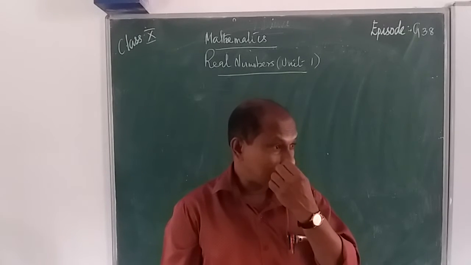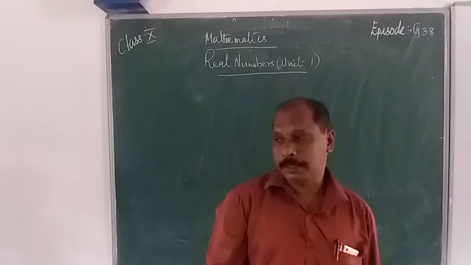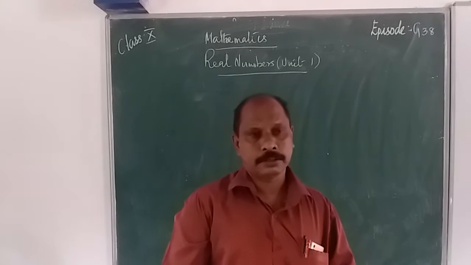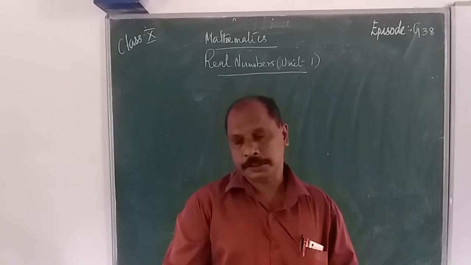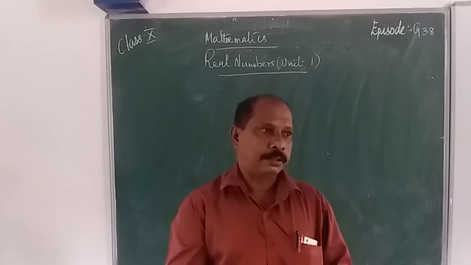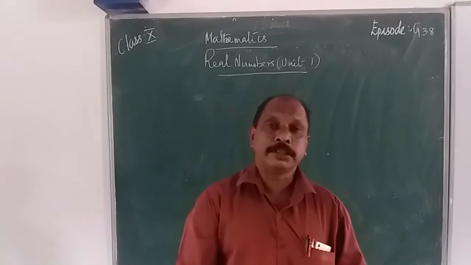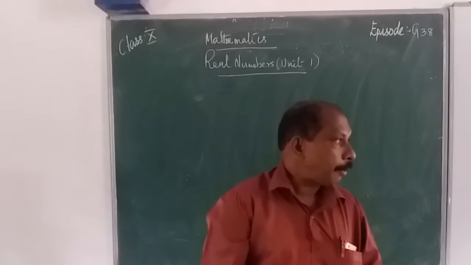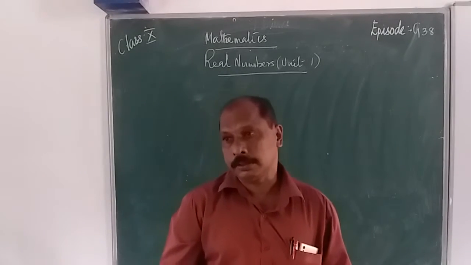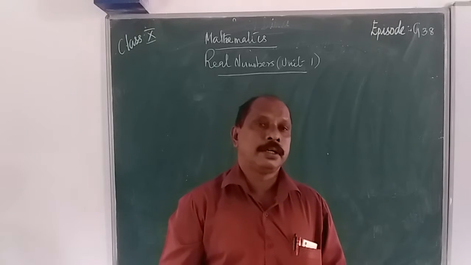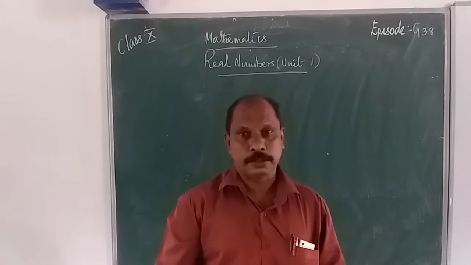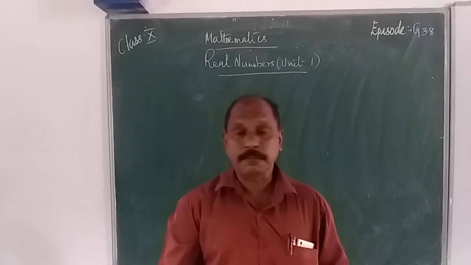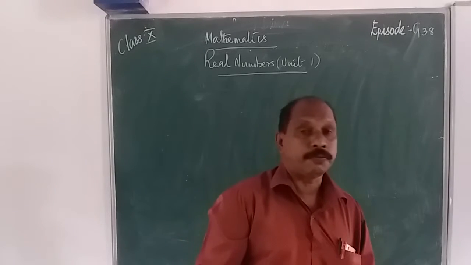Then, in this case, we know that there are several numbers. The numbers are not finite, they are infinite. What is meant by finite and infinite? A group with a minimum number of elements is known as a finite group. But if the number of elements of the group is not finite, it is infinite. Therefore, it is known as an infinite group. Then, the number system is always numbers in an infinite group.